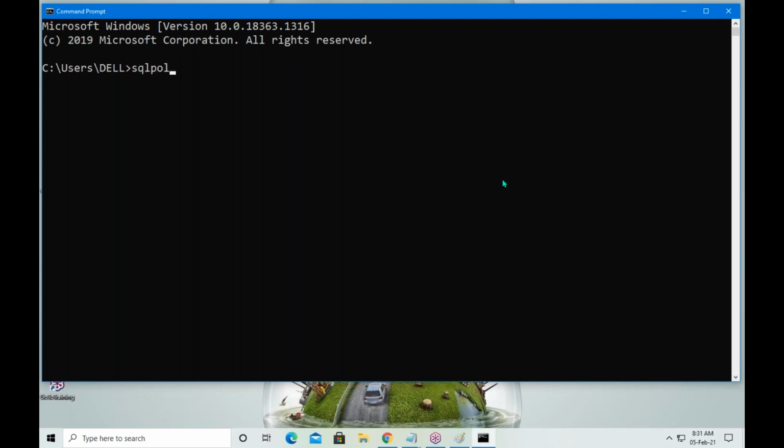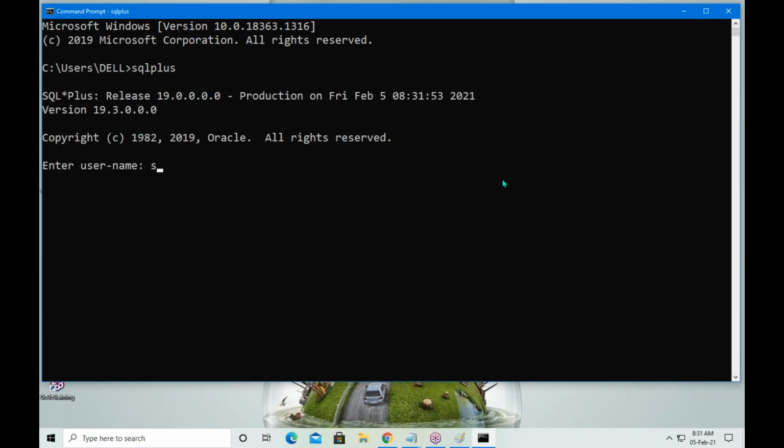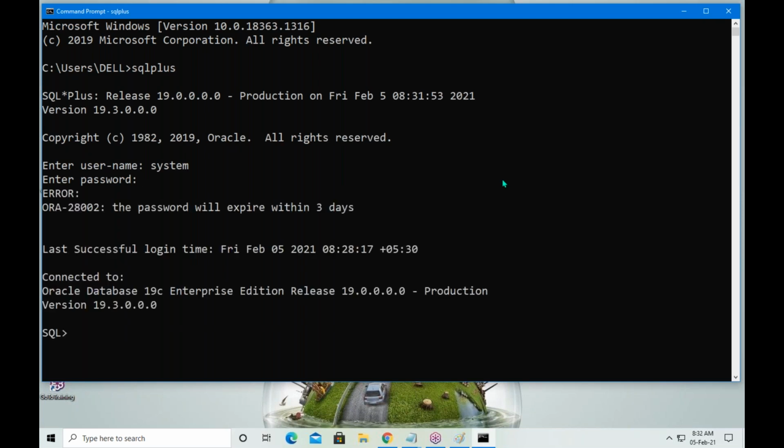See, SQL Plus. Here I am giving two methods, guys. If I type SQL Plus and hit enter, it is asking for a username. Then compulsorily we have to go to developer from DBA. First connect as DBA. Next, alter session set container equal to ORCL PDB.